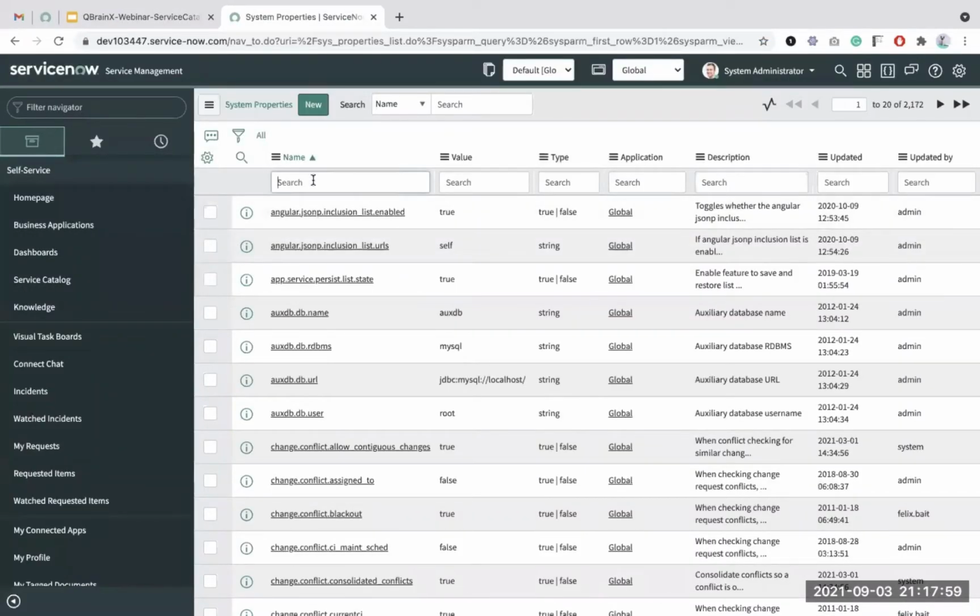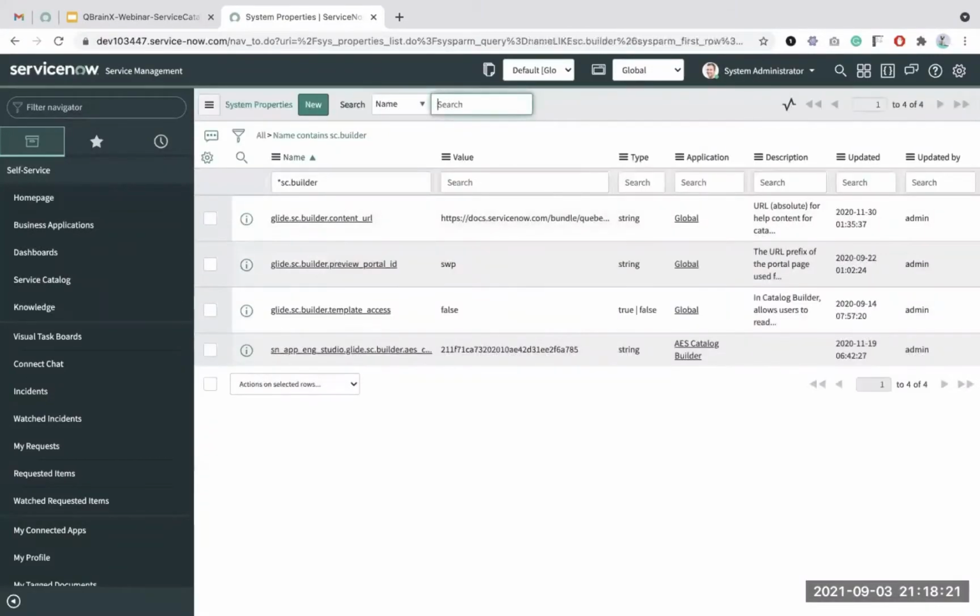To start with, Catalog Builder is automatically enabled in every instance with the Quebec version. We do not have to install any plugin externally to use this Catalog Builder. In the system properties, if we go to SC Builder, we will be able to find all the system properties related to Catalog Builder. And the main system properties that we need to know here are